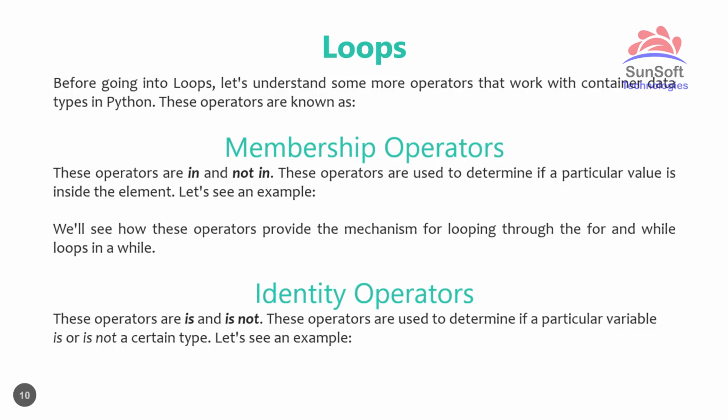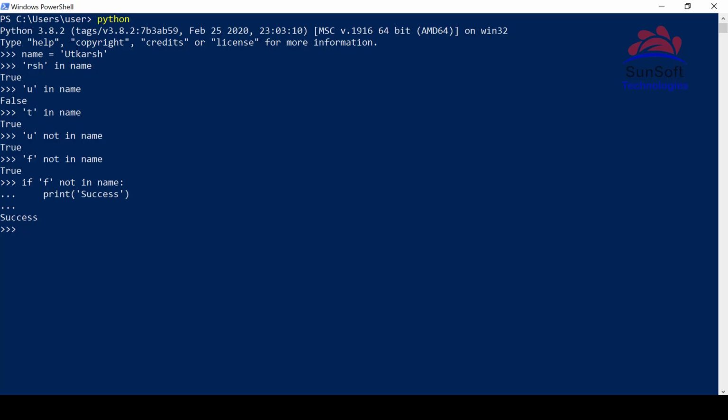Let's go back to the PowerShell. Now here we are back at the PowerShell. Let's look at the identity operators. Let's say I want to check if name is string or not. So what I want to do is check type. Type is a function provided by the Python library. Type of what? Type of name is str or not. You'll see that usually when you use the type function, it returns a class str. We'll see that. Wait a second. So it says it's true.